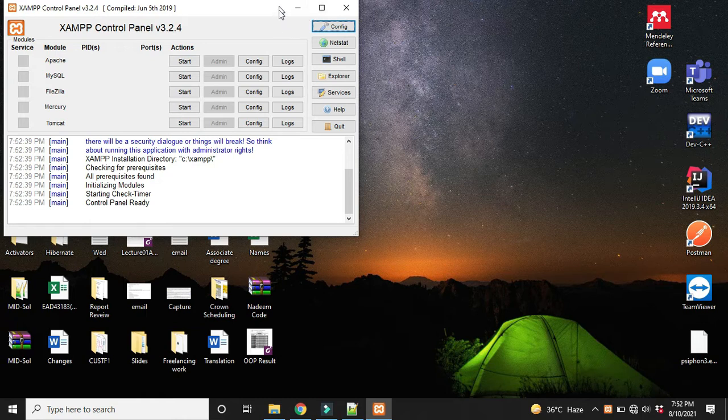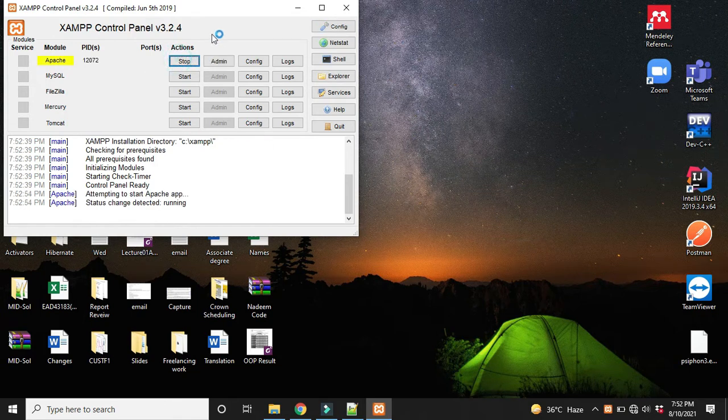Okay, so I will open my XAMPP server. This is our Apache server. With the help of this button, I will start my Apache server. Now my Apache server is started. Here there are two numbers. The first one is 80, which shows the port. The second number is 443, which shows the socket. So our XAMPP server is using port 80, and it is using a secure socket which is 443.